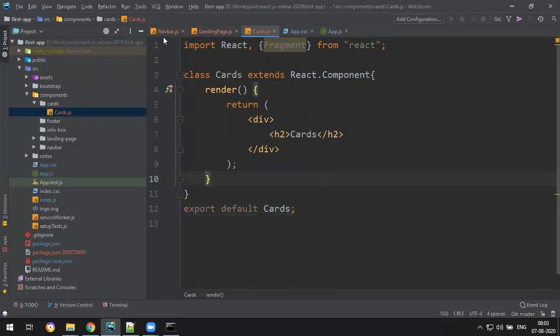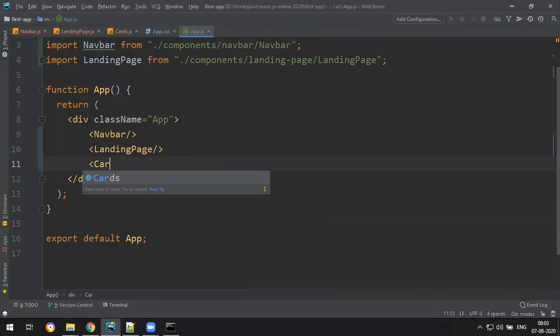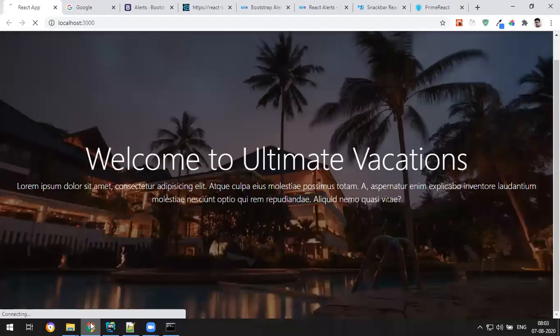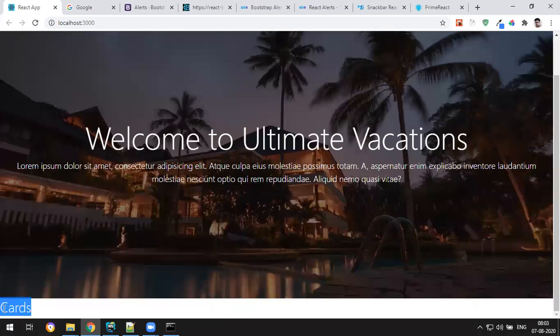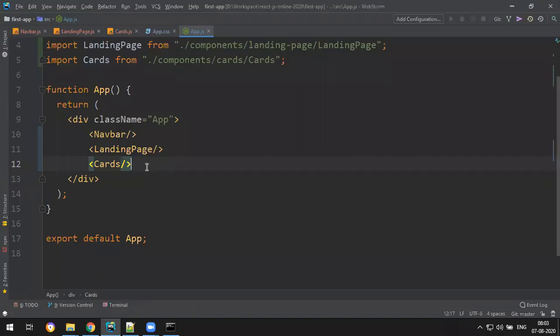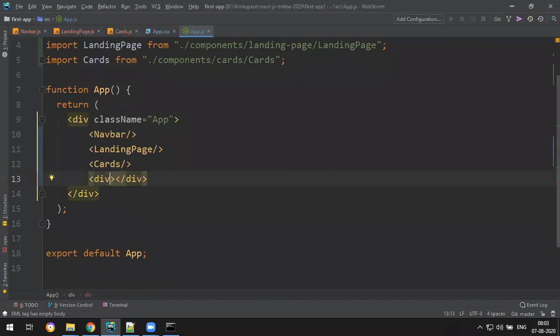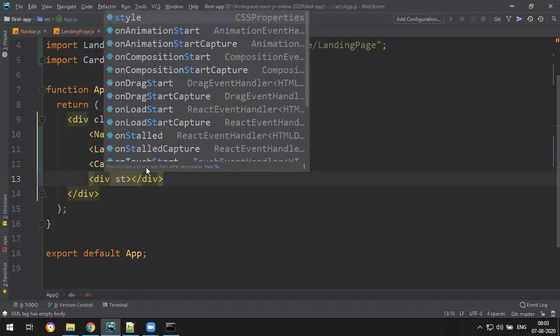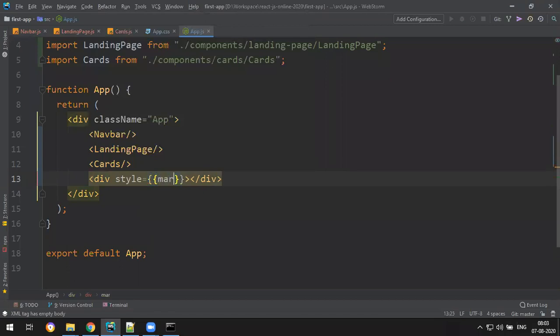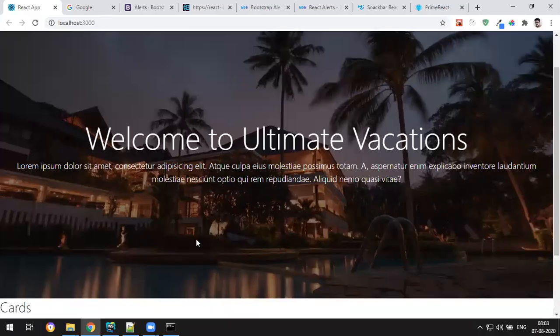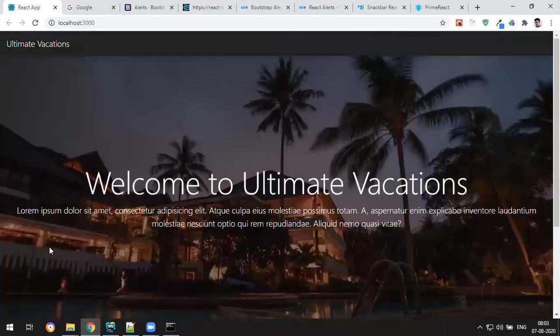So where you add the cards exactly below the landing. So let's go to app.js, below the landing, cards. Okay, so you get the cards now here, but I want to give some space in the bottom. Can we do one thing? Can we write one division? I write internal styles. So we discussed internal styles yesterday. So style in the brackets, margin bottom, something 200 pixels. Okay, and it will be self-closing. So if you write internal styles like this, you get some space in the bottom, so we can easily find what is that. Yeah. So cards.